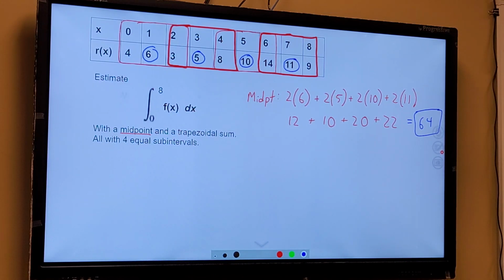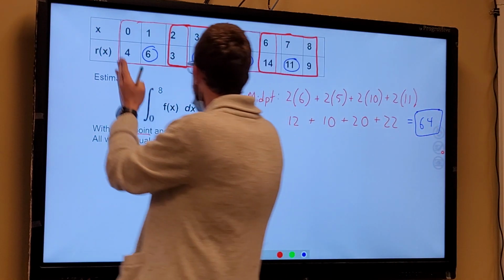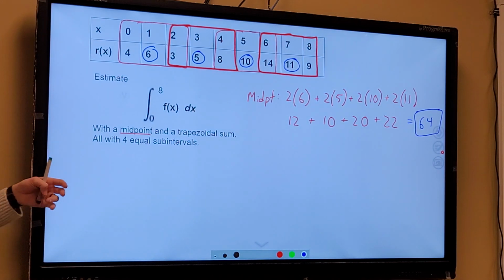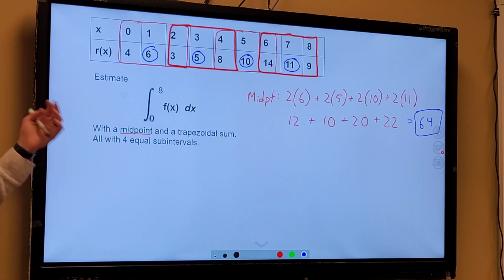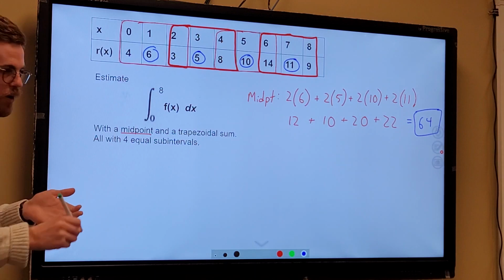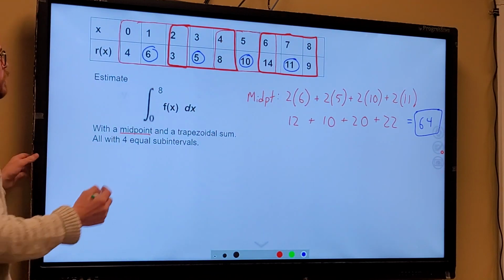So the way that I like to deal with these table problems is I like to kind of think about sectioning off my intervals. I like to draw right on the table to see what's going on. I know it's on the board, but copying down the table is pretty helpful. On a test, like an AP exam, when you have the table right there in front of you and you can write on it, I think it's pretty helpful to think, okay, my